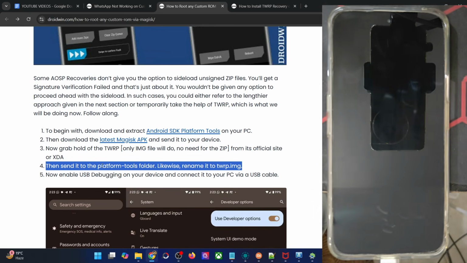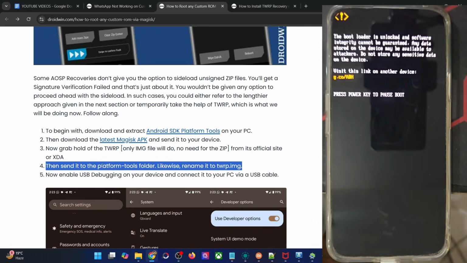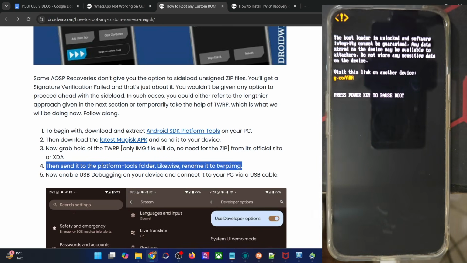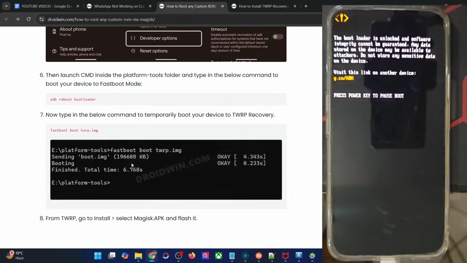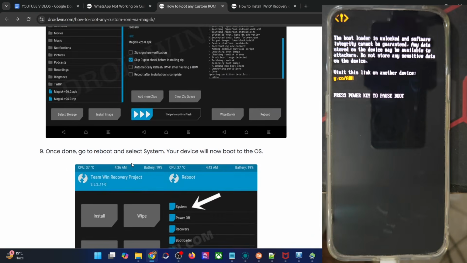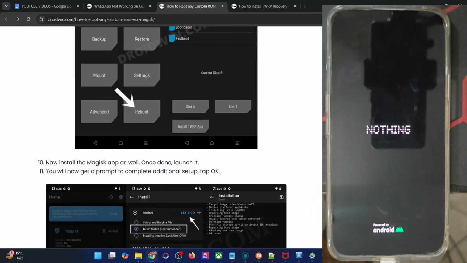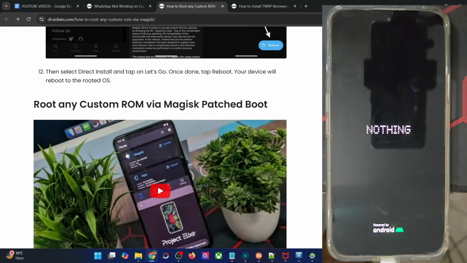So in some cases, if you're using the custom recovery for rooting, then you will have to do this job of doing a direct install after flashing the Magisk zip file. This is completely normal and nothing to worry about. So with that said, our phone will now reboot to the OS, and this time around we should have obtained root and the process stands complete. So guys, these were the steps to root a custom ROM. Let me now show you how to root a GSI ROM as well.